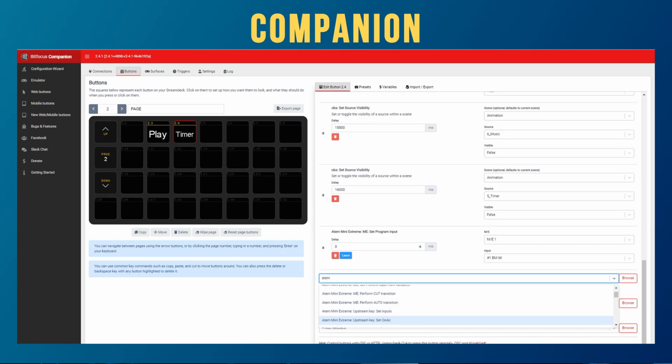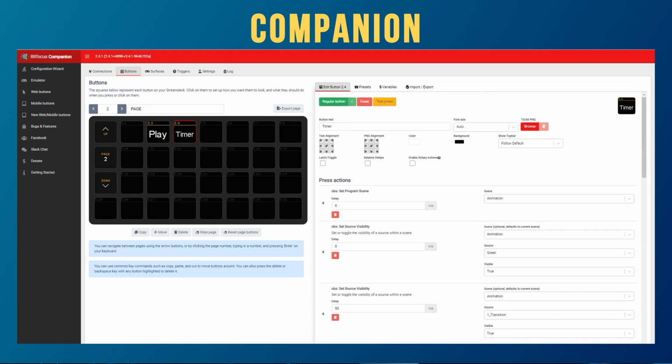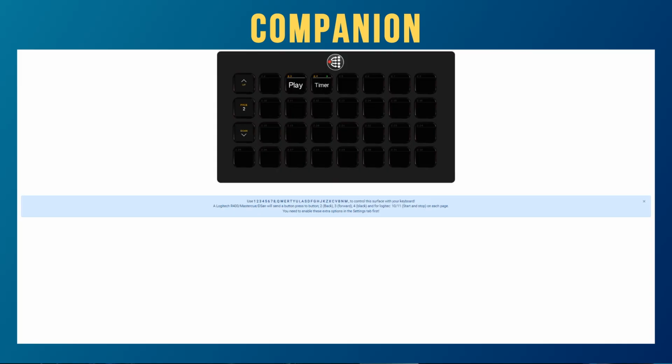Let's add our command. We can see the command Set On Air, and we need to turn on our upstream key number 1. We can turn it on right after switching the scene. And now we can run some tests to be sure that everything works just fine, and if it's not, we can adjust the settings. Let's put our still images to program and after that we can run our program and